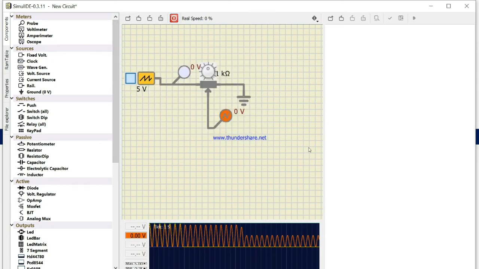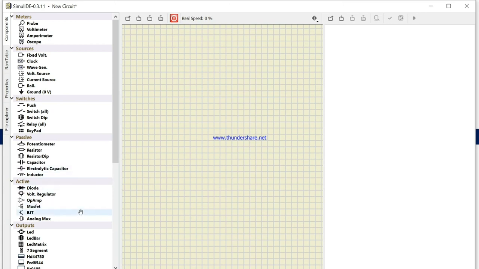Good, let's take one op-amp concept. Let's try to check one op-amp concept. Take one oscillator. Now take one resistor and take one ground.